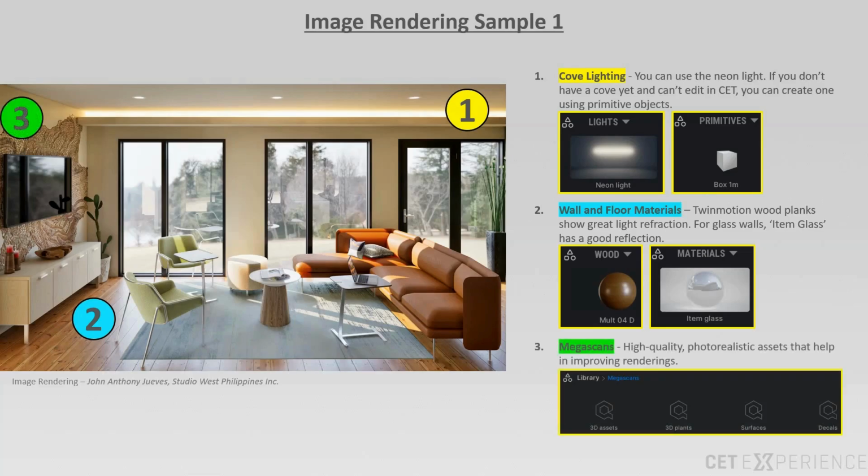Lastly, one of the many benefits of having a Twinmotion license is gaining access to megascans. These are high quality, photorealistic assets that help in improving renderings. For this example, the decal stone mosaic is placed by the TV wall, which shows hyperrealism evident in its texture,